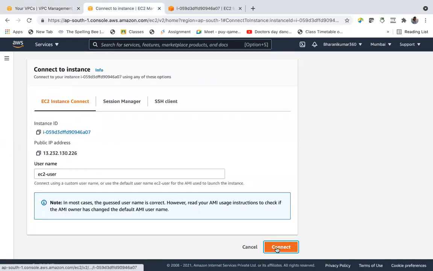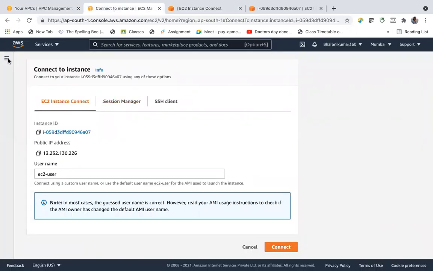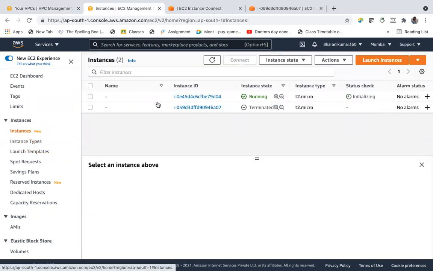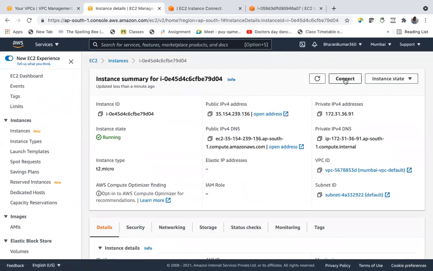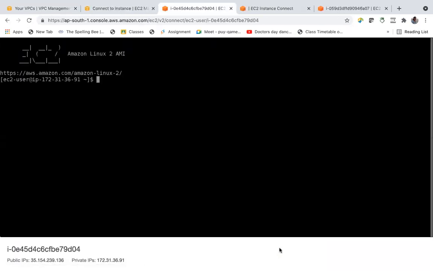Let's say connect. Okay. And say login as root user.